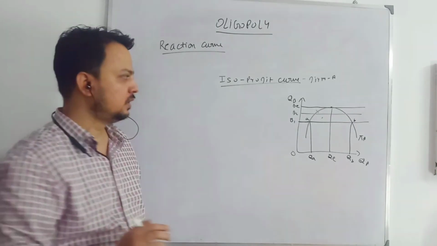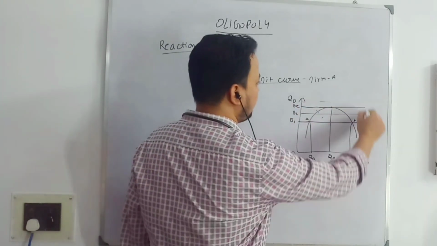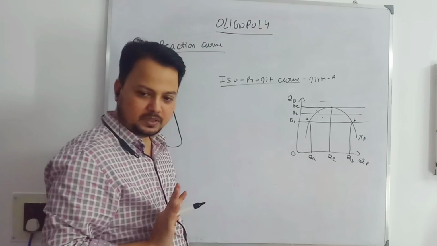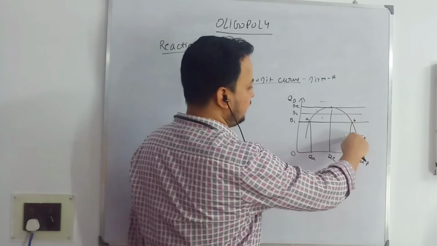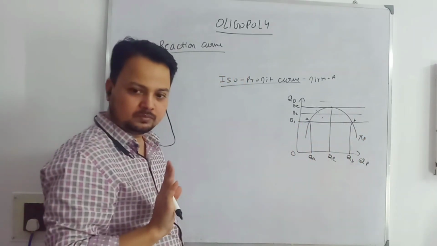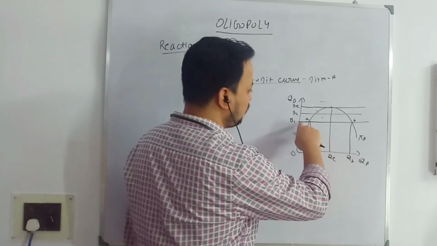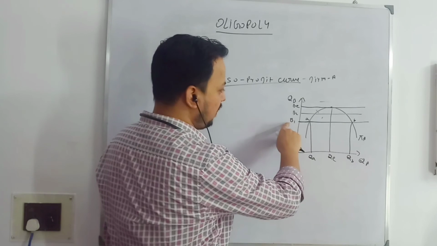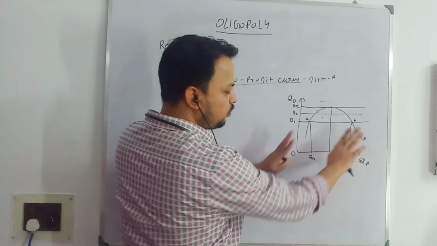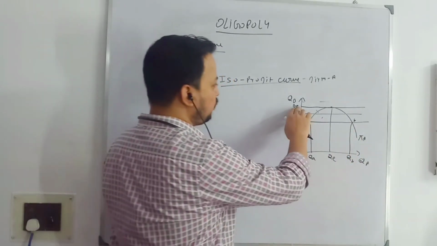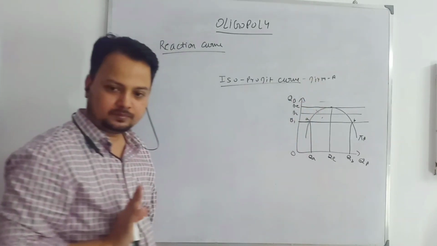If firm B chooses a higher output, say B4, then we will have another isoprofit curve. We will move to another isoprofit curve because on this one the profit of firm A is given. For any output of firm B, whatever output firm A chooses, if firm B chooses say B1, firm A can choose any of these two outputs and its profit will remain the same. If the output of firm B exceeds this level, then the isoprofit curve will change. Clear?